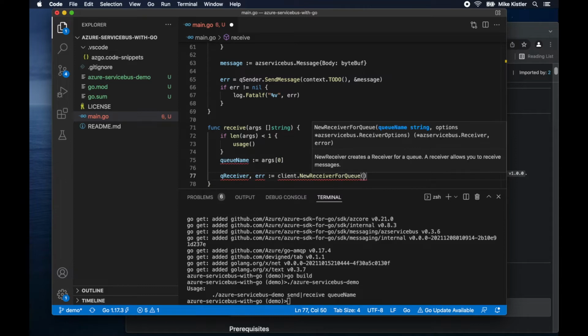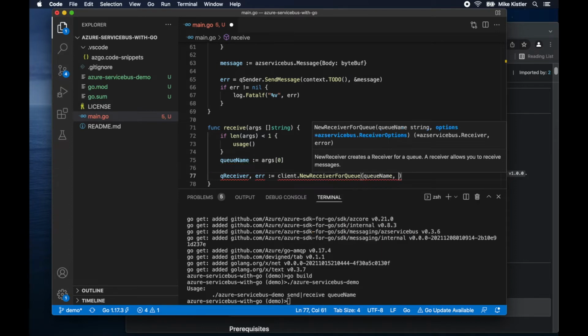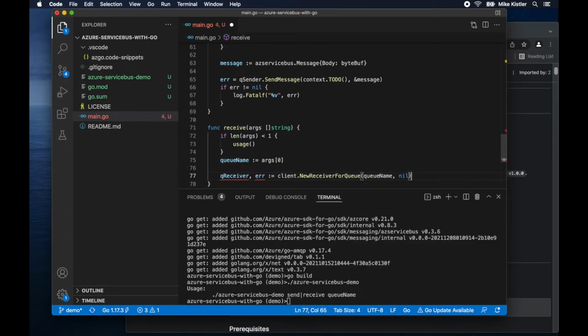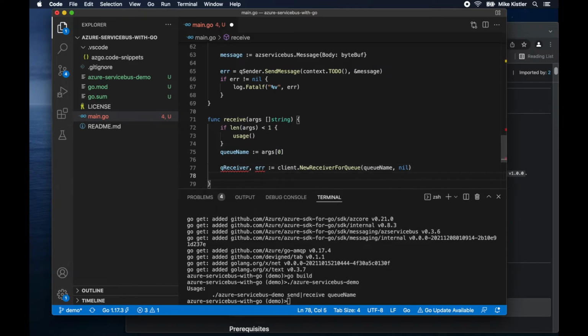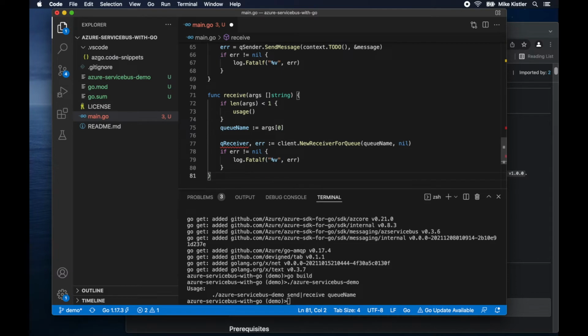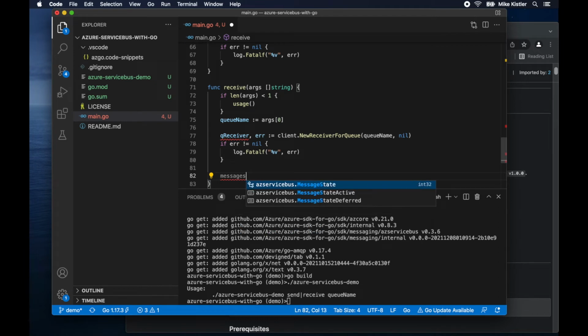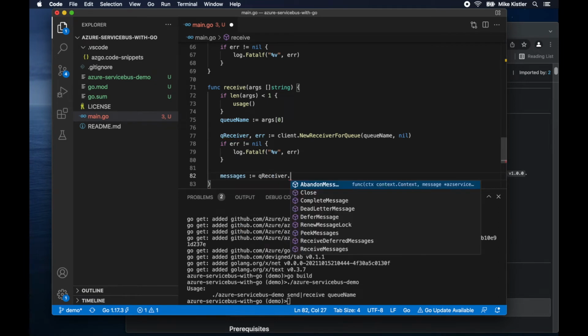And here we need a queue name and options. Queue name and the options, we'll just use the default, which is nil. Check for errors. Now we have a receiver. What we'll do with that receiver is we'll receive the messages from the queue. So we'll say messages, queue receiver dot,